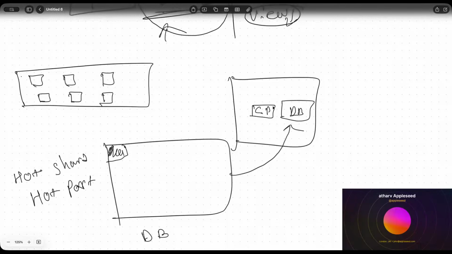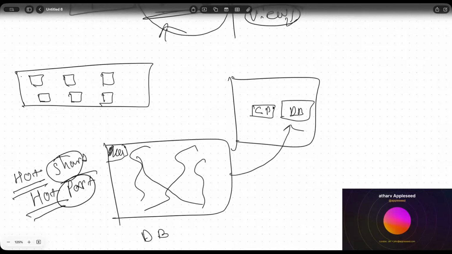There are a lot of terminologies, but hot means they are being actively accessed, and the rest of the data is not being accessed, so it might cause a read amplification problem in our system. The rest of the data is not causing any kind of bottleneck, only this amount of data is causing the bottleneck. So what if